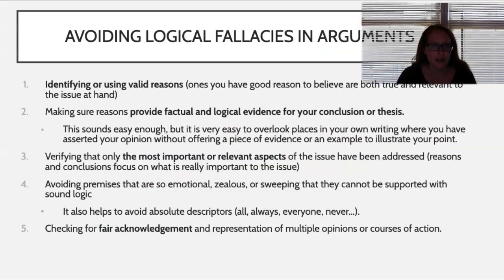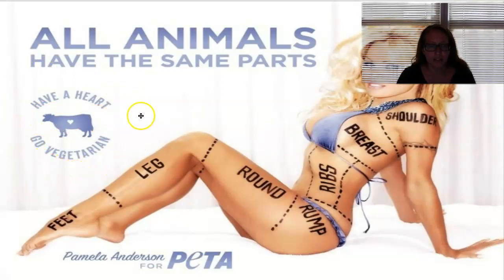Have a heart. Let me go back. Have a heart, go vegetarian. There's 2 options. False dichotomy. It's a little bit dogmatic too. Either you're a good person with a heart, or you're a terrible, terrible person who eats meat, without considering any gray area, and being unwilling to consider that other perspective. So it's a little bit dogmatic as well.